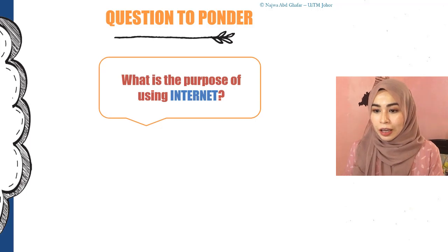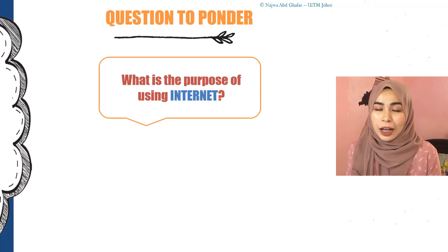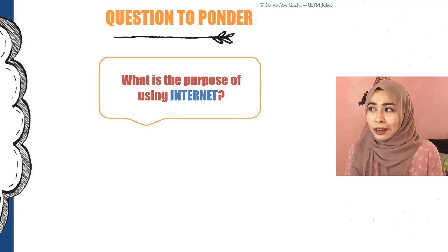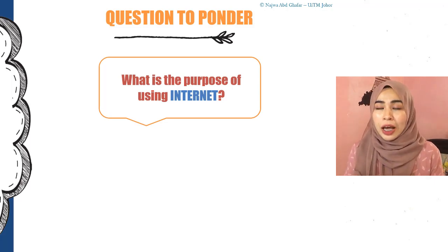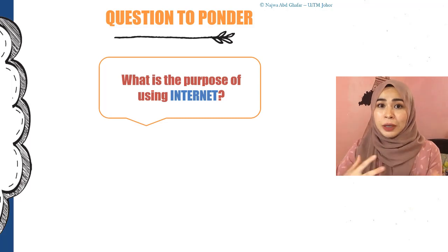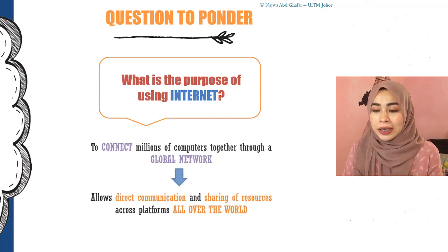So now, the question here asks, what is the purpose of using internet? As we all know, we use internet to get information, right? We go on Google, we send emails, we go on YouTube. There are many things that you can do with internet. But basically, when we have internet, we are allowing computers to connect together in order for them to communicate and pass information to each other. So basically the use of internet is to connect millions of computers together through a global network, meaning